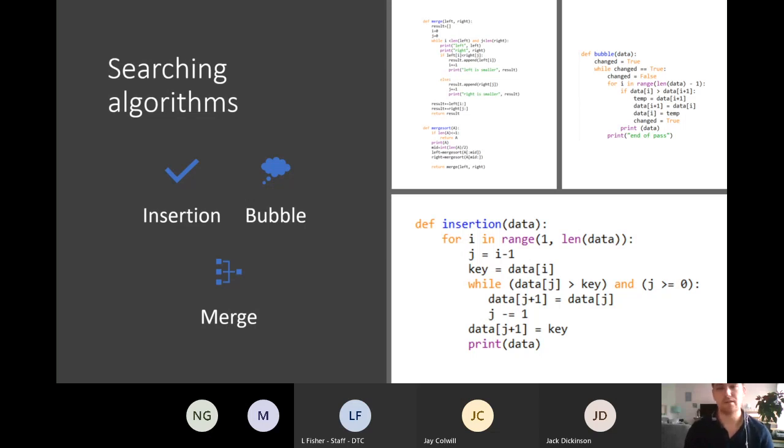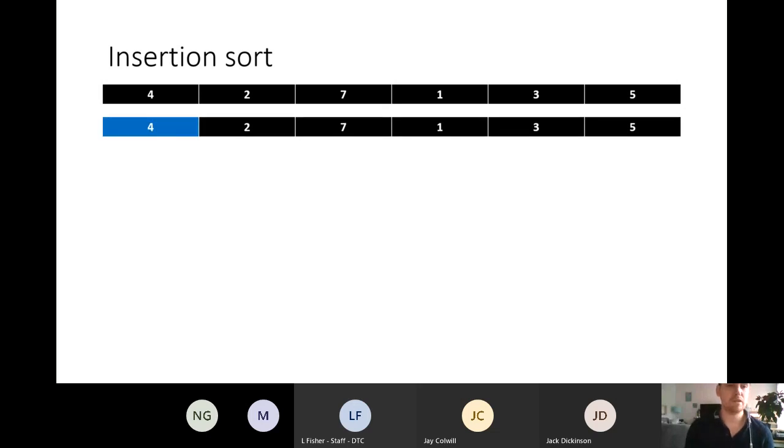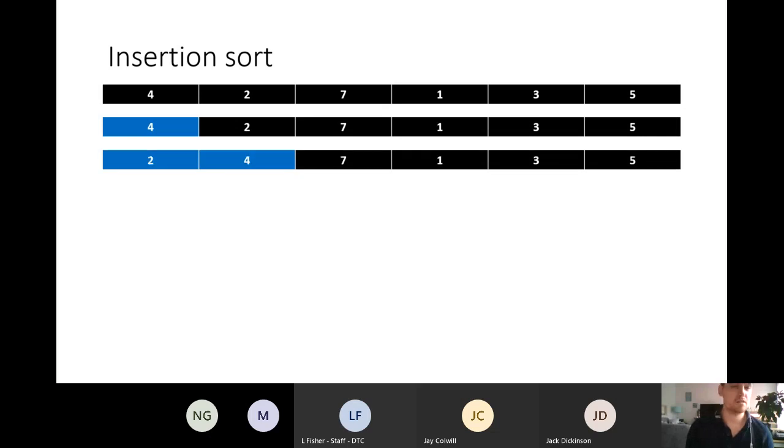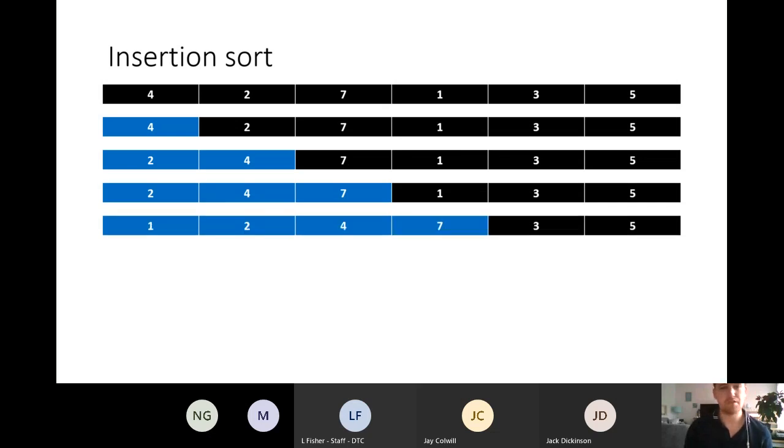and then it goes through to the third item and does the same. What I tend to do is I have a presentation that I'll go through like this, that just goes through this step. So obviously I've got a list in there. So we start, and 4 is in our sorted list, so we can then go along to 2. Okay, so 2 gets inserted into the right place. Then we take 7, which is already in the right place, and so on, as we go through, obviously building